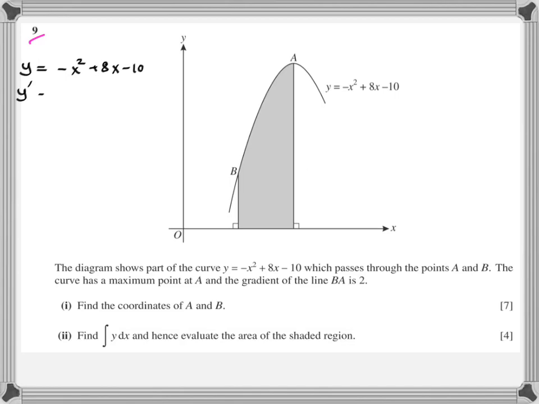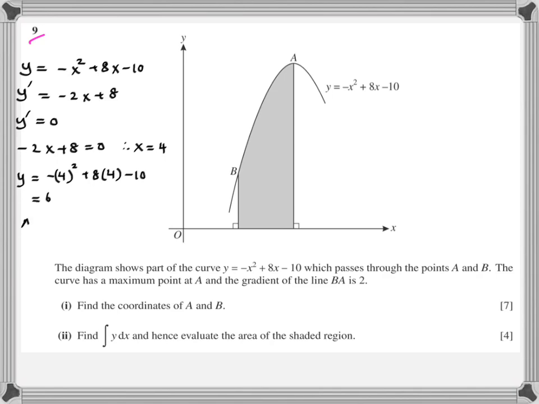Differentiation gives minus 2x plus 8. Equate it to 0. Therefore, x will come out to be 4. From the diagram, look at the answer. Does it make sense? In a hurry, maybe I said minus 2x equals 8, so x comes out to be minus 4. Then my answer would not make sense because it contradicts the diagram. So therefore, x comes out to be 4. Plug it in and you find the value of y, because coordinates means both x and y coordinates.